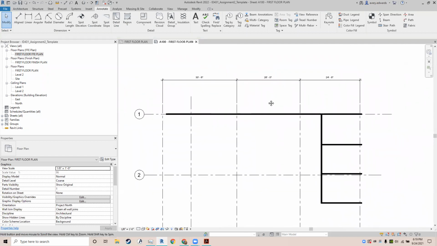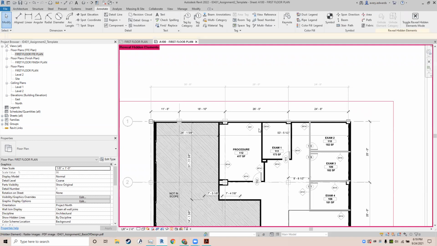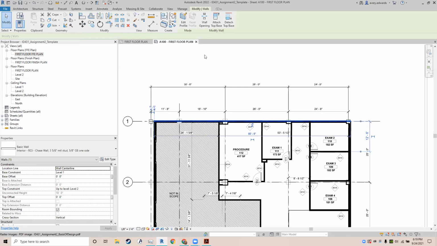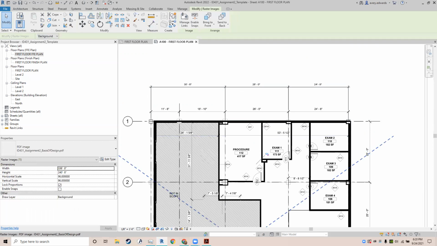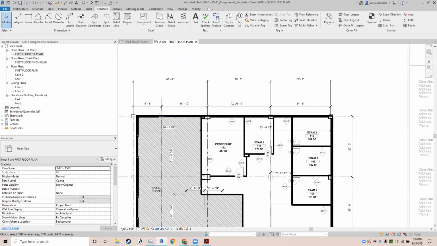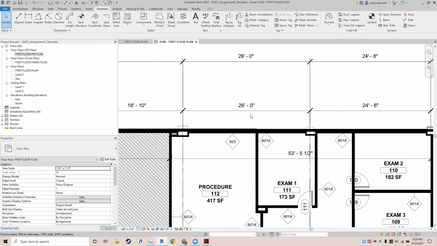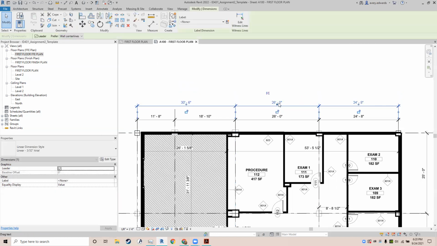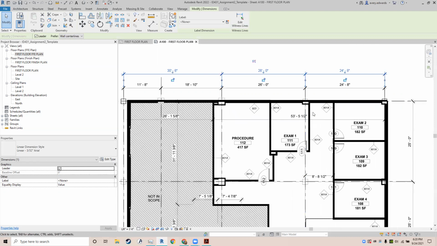Okay, now is the other part of dimensioning. So I'm going to unhide my PDF for this next part. Come up here, unhide, toggle. I'm going to make sure that it's pinned. And then I'm going to say I don't want to select pinned objects. Okay. So you need to start matching the dimensions that are on the PDF. If you're using the correct wall types, theoretically, it should all be able to match up exactly. See how my dimension matches the PDF dimension. If it doesn't,